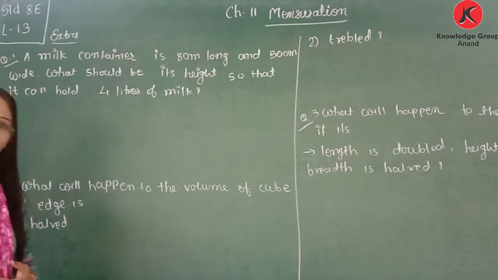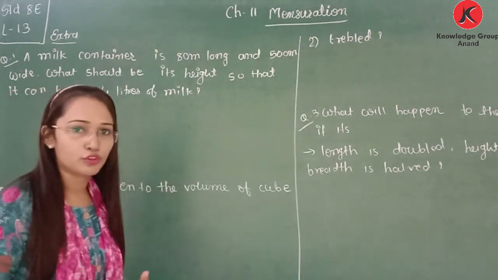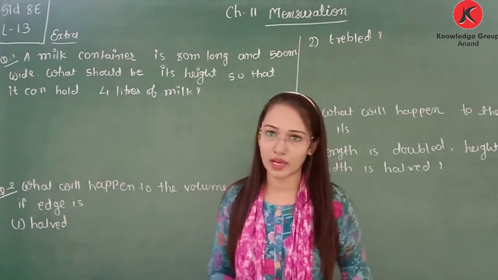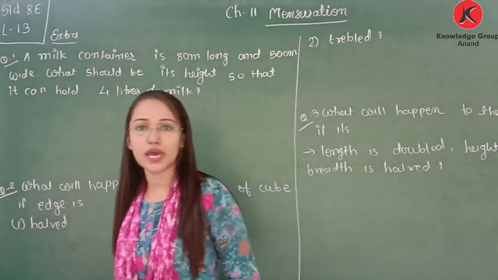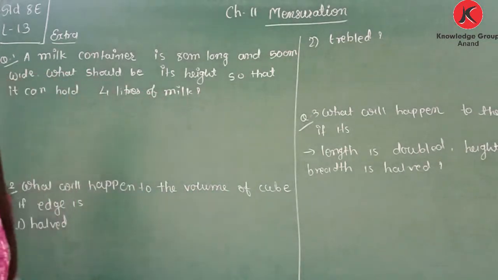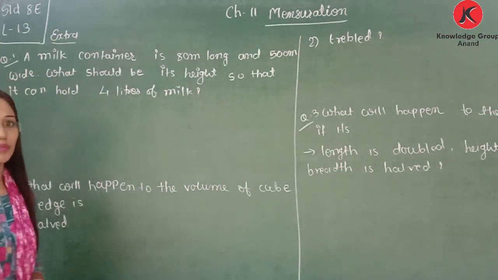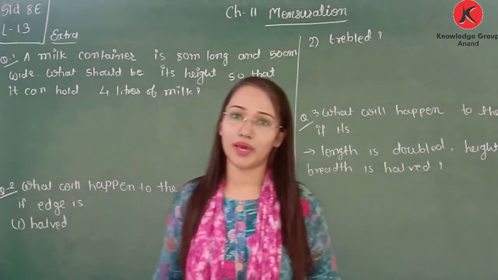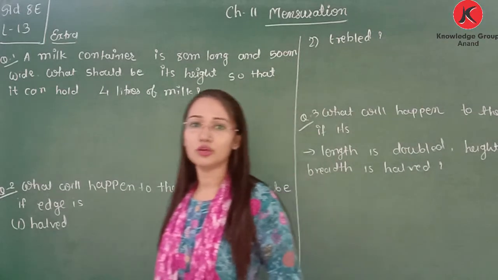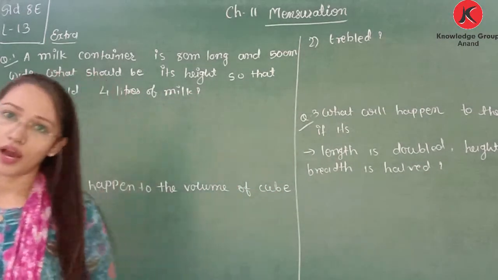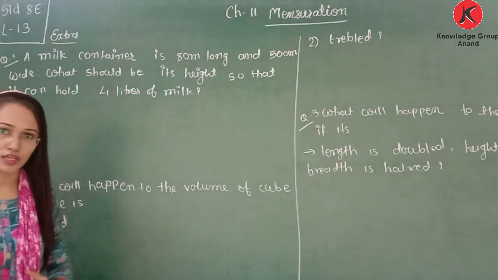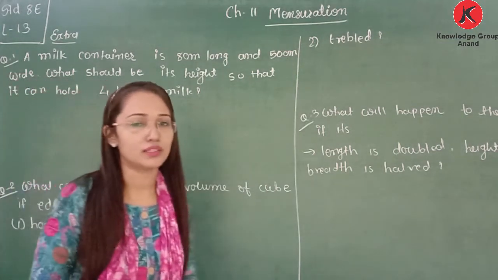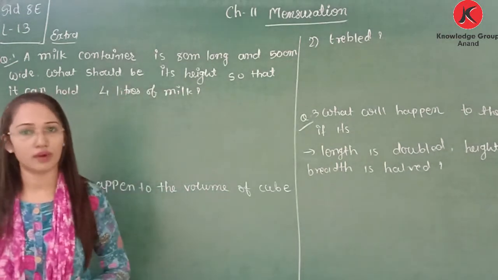Here you need to remember three objects, that is volume of cube. So what is the equation for a volume of cube? That is L multiply L multiply L. It means it is L cube. Volume of cuboid, that is L multiply B multiply H, or you can say base area multiply height. Then we learned volume of cylinder, that is again you can say base area multiply height. Or you can say here in a cylinder, base area is what? Pi r square. That's why its equation is pi r square h.